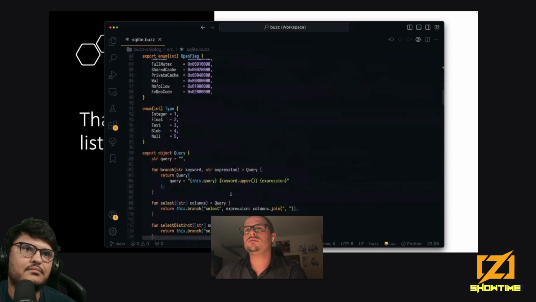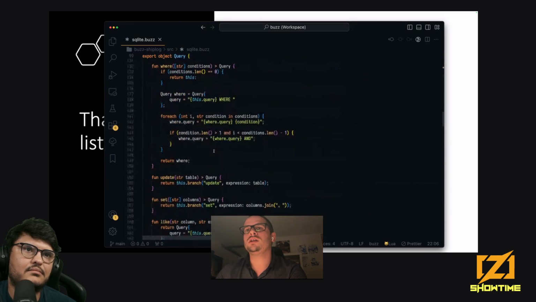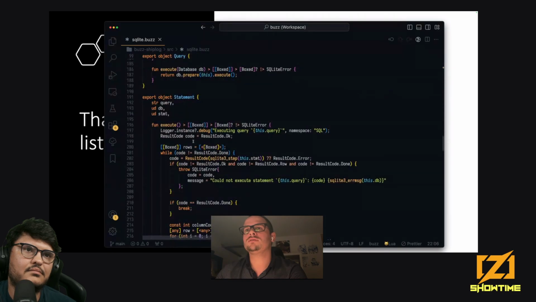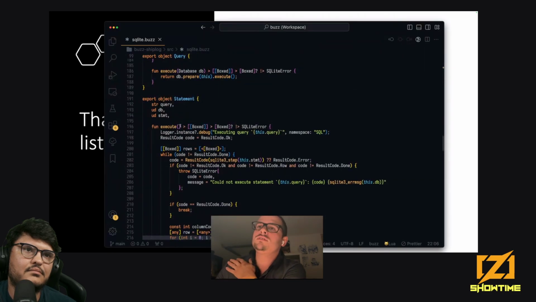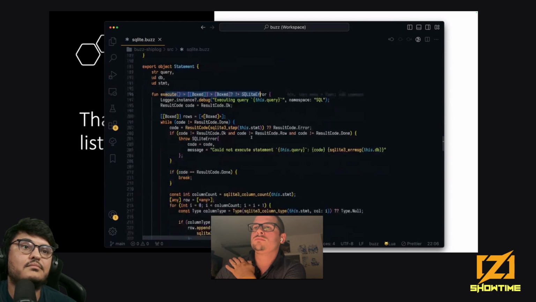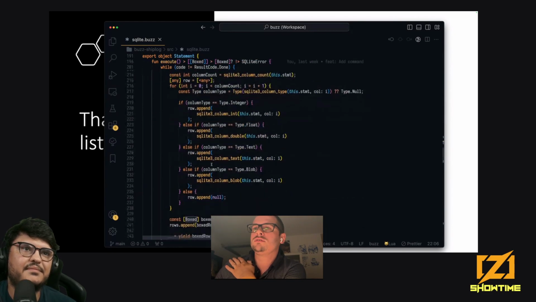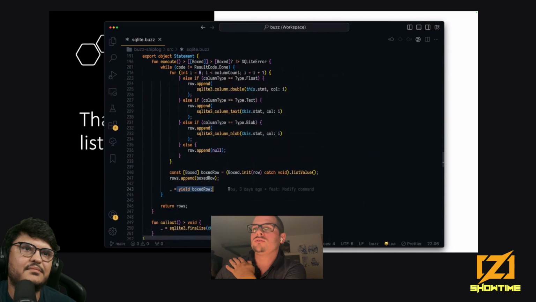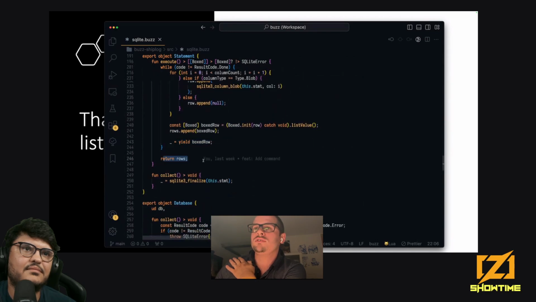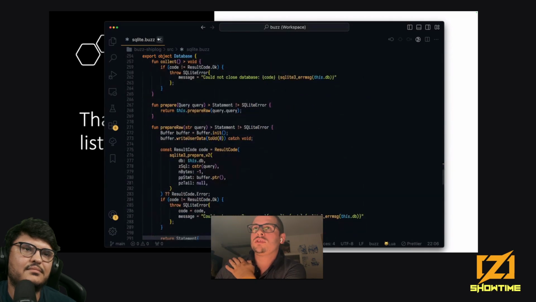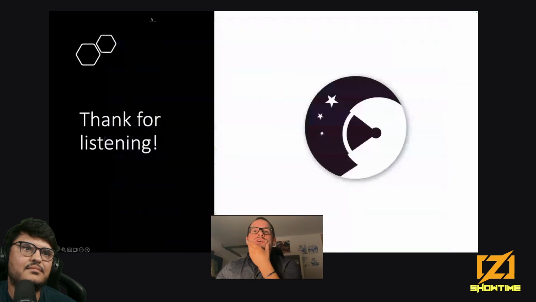And like I did for SDL, I wrote some helper objects, wrapping things around statements. So here's the nice thing. When I'm running SQLite statements, it's in a fiber, so I can iterate over the result. I'm yielding the row here, and at the end, I'm returning the whole result.